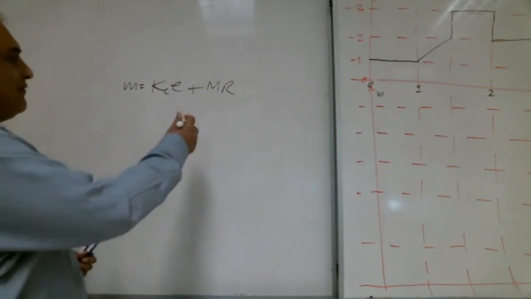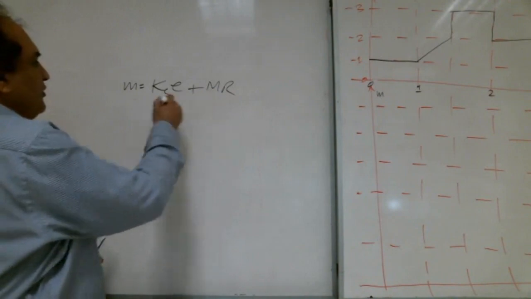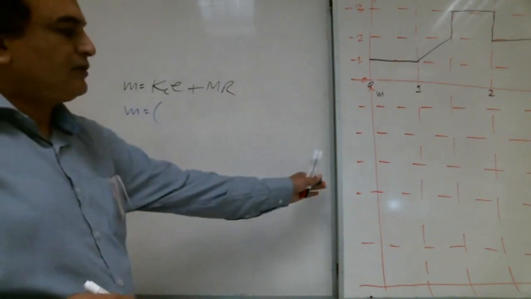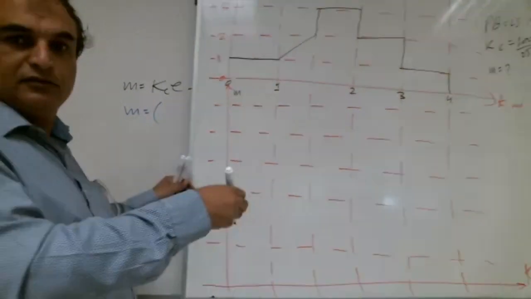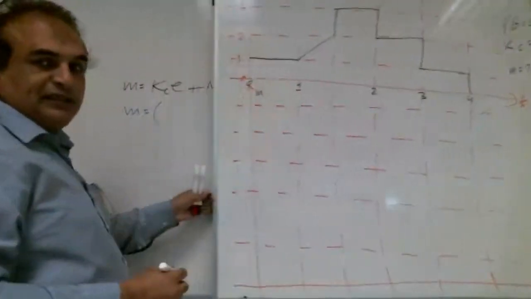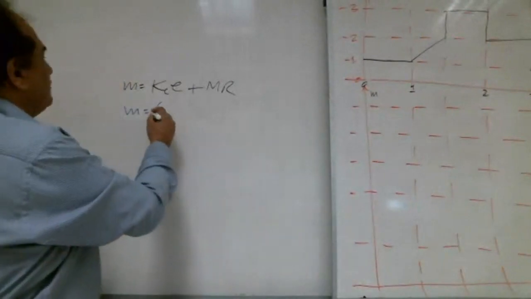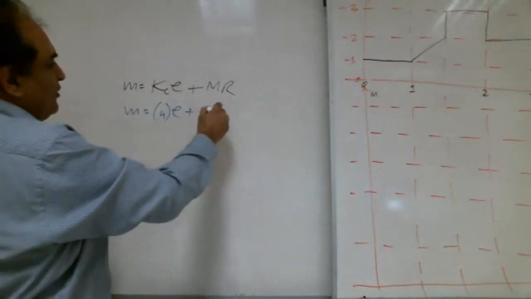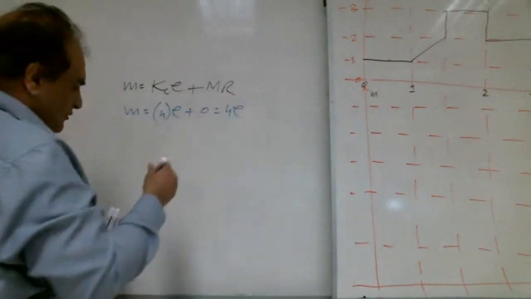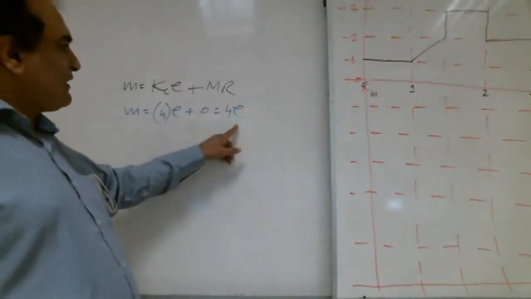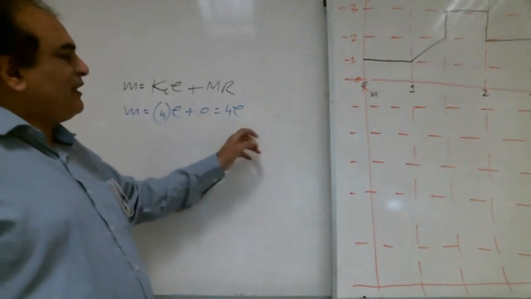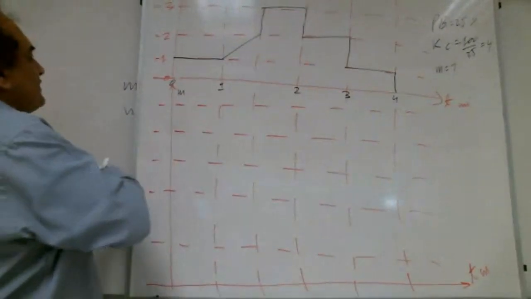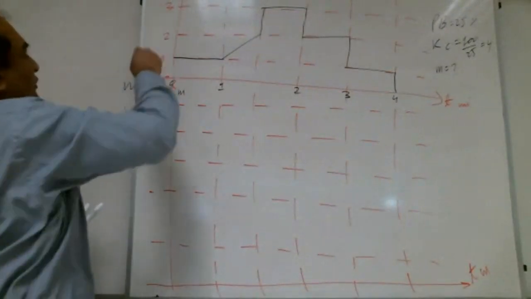Okay, here MR is not given, so it means assume it's 0. So M is equal to how much KC, Shabab? Multiply 4. We just found it here. So 4 into error, and MR we are taking 0, so it is 4E. So whatever the error is there, multiply it with 4.